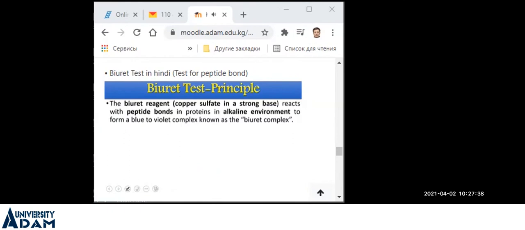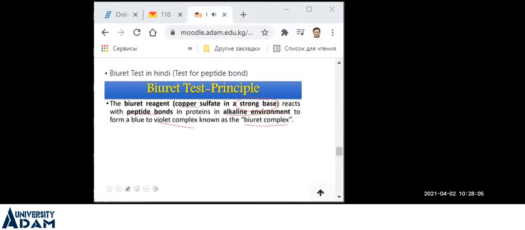तो नॉर्मली बायूरेट रिएजेंट में हम जो कॉपर सल्फेट यूज़ करते हैं, वो एक स्ट्रॉन्ग अल्कली, बेस जैसे यूज़ होता है। ये कॉपर सल्फेट, मीन्स कॉपर +2, पेप्टाइड बॉन्ड्स के साथ रिएक्ट करता है, पेप्टाइड बॉन्ड में भी नाइट्रोजन के साथ, इन अल्कलाइन एनवायरनमेंट, और एक वायलेट कलर का कंपाउंड बनाता है जिसको हम बोलते हैं बायूरेट कॉम्प्लेक्स। नॉर्मल कलर कॉपर सल्फेट का ब्लू होता है।